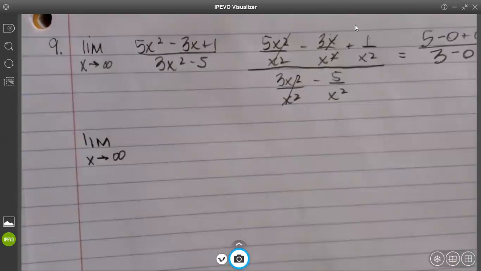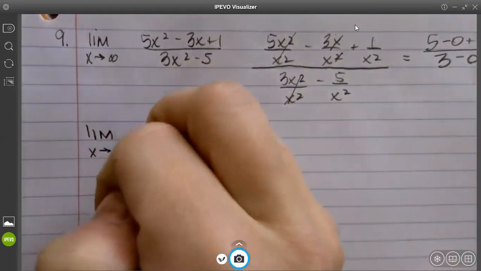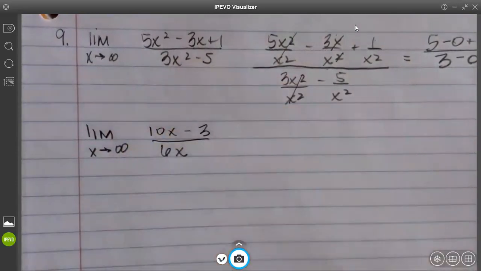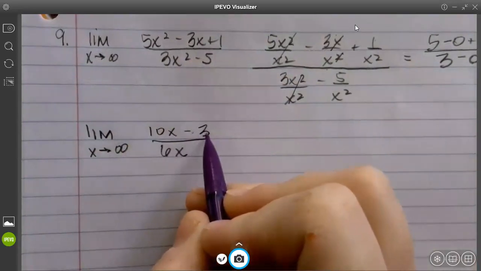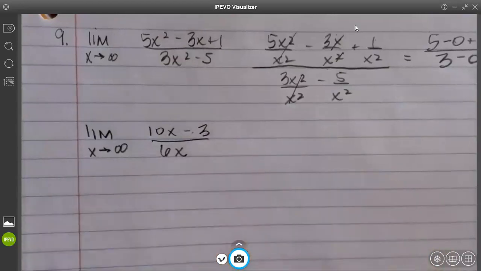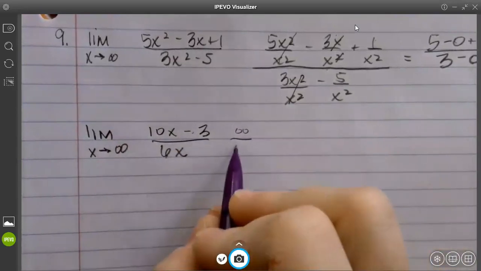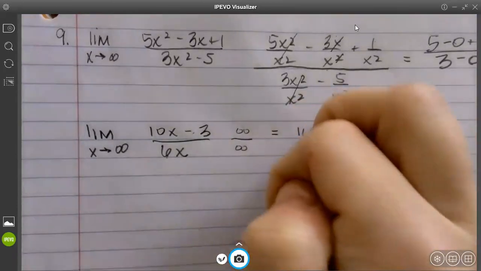All right, the new way. The new way, what do we do? Find the derivative. What's the derivative of 5x squared? Keep going on the bottom. When we put this in our calculator, you're gonna have an indeterminate form because 10x minus 3 is what kind of graph? A linear. So as we go to infinity, where does that graph go? What about this one? It's also linear, so it's another indeterminate form. So we're going to keep going and take that derivative again, which reduces to